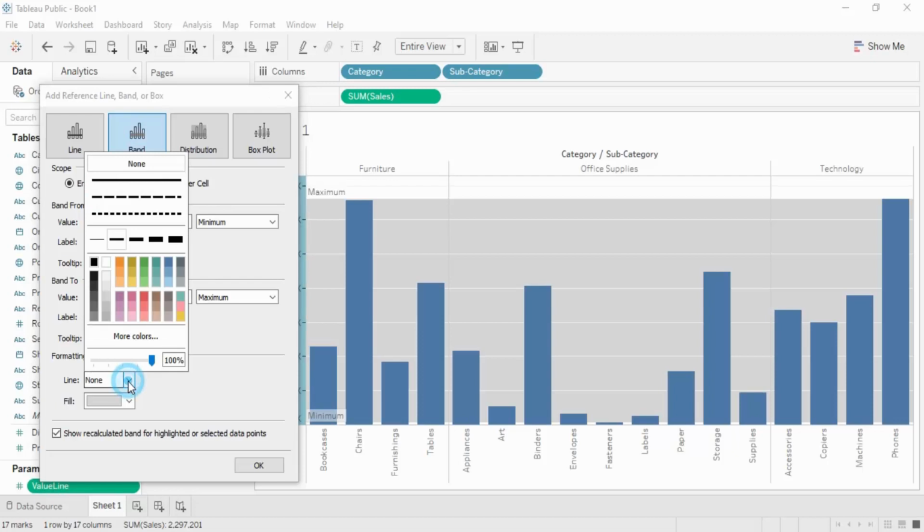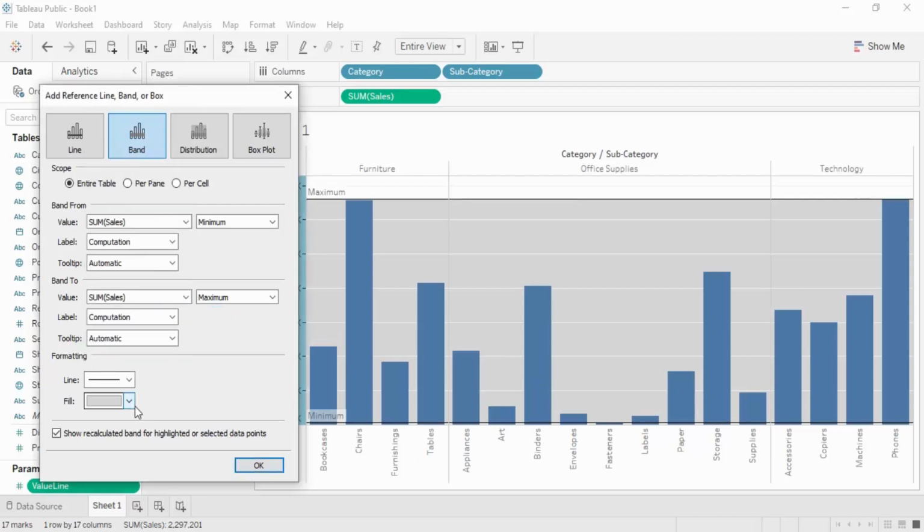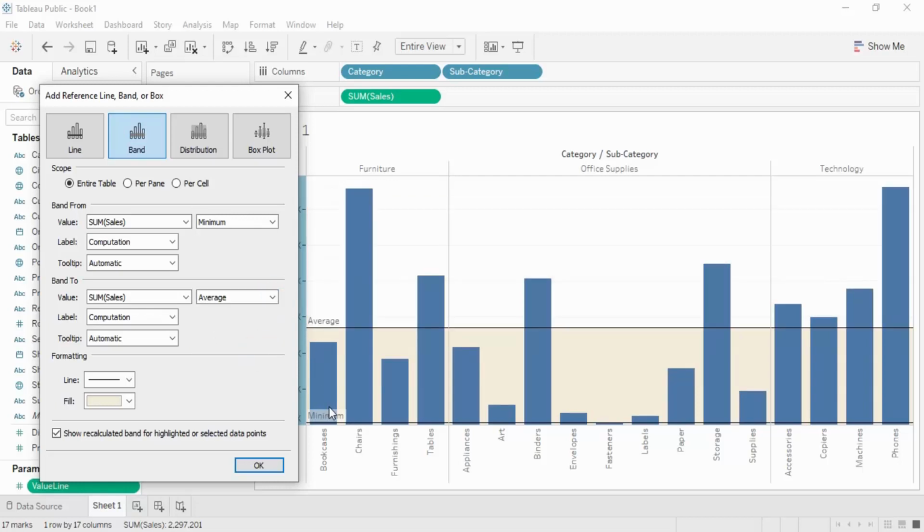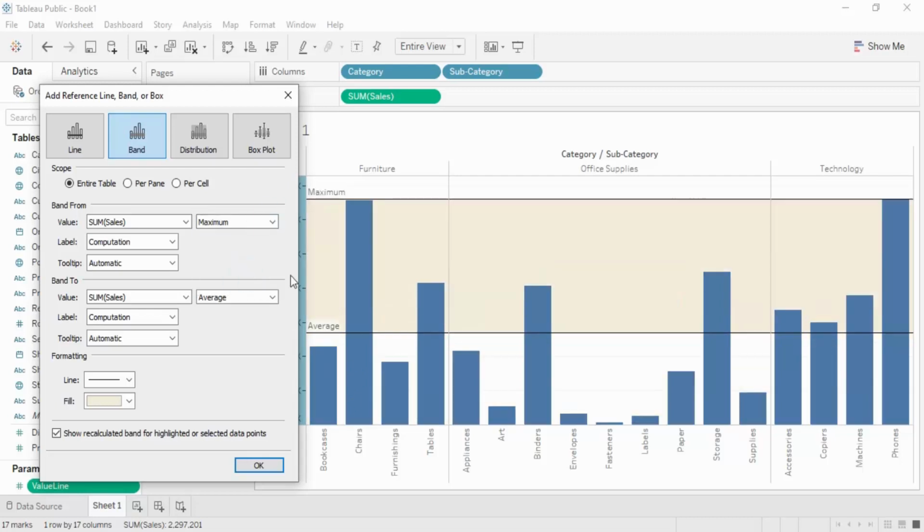Then you can select if you want a line on the lower and the upper ends. This kind of line would be created for you to easily identify the lower and the upper ends, and you can choose what color you want to fill it with. So this is the color, in case you want to change it. Suppose I want from average to minimum, so let's just select average to minimum. This is the area that has been selected. Suppose I want from average to maximum, then I can select that area as well.